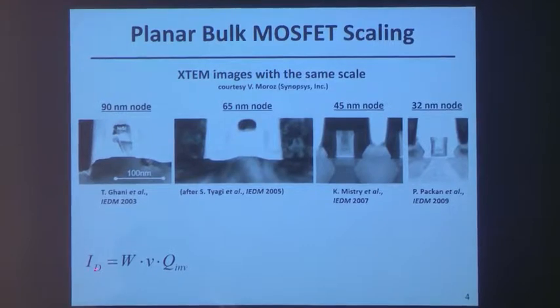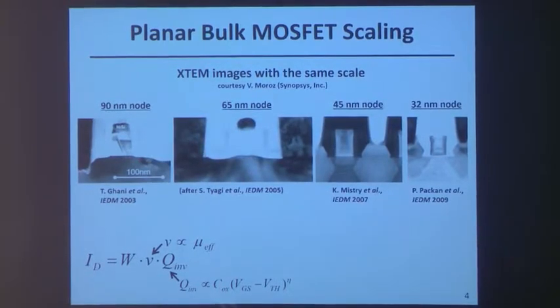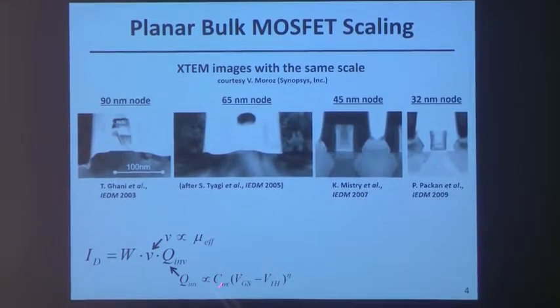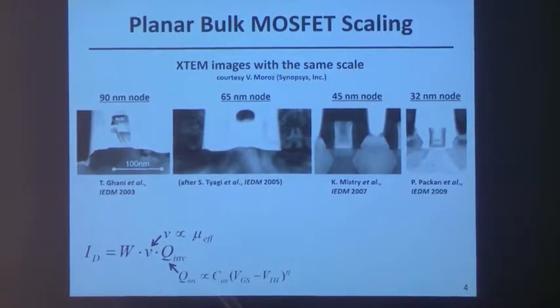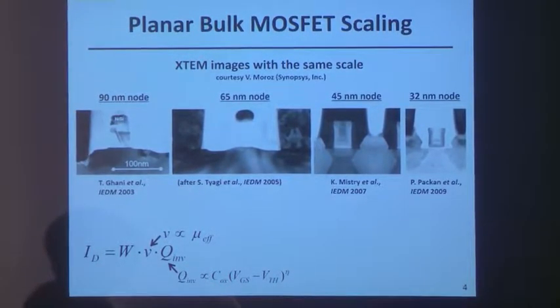So if you look at the current flowing between the source and drain in a transistor when it's turned on, it's proportional to the width of the transistor channel. It's also proportional to the velocity at which the carriers are drifting from the source to the drain. So that's proportional to the effective mobility of the carriers, electrons or holes. And also the current in a transistor is proportional to the amount of inversion layer charge that forms a channel between the source and drain. And that is going to be dependent not only on the applied voltage to the gate relative to the source above the threshold, but it's also proportional to the capacitive coupling, or the capacitance, between the gate and the